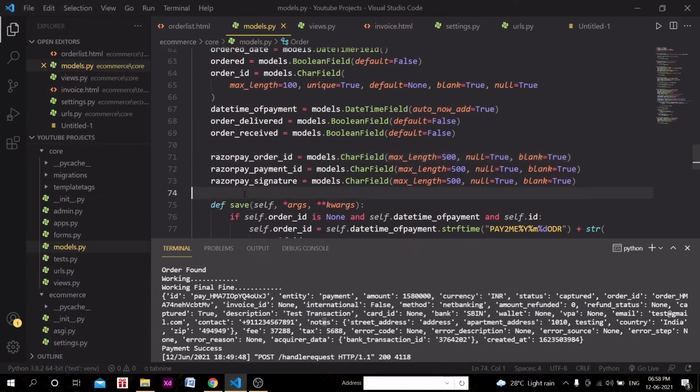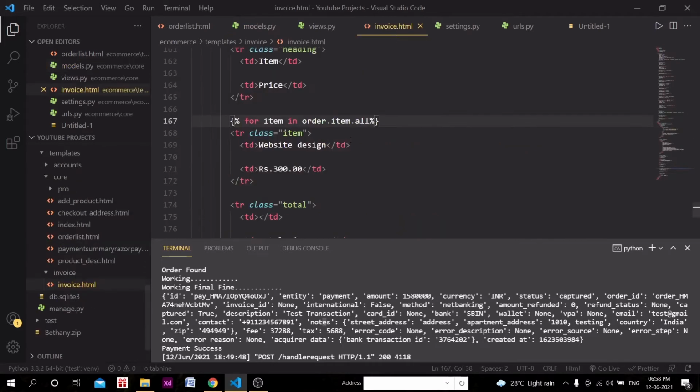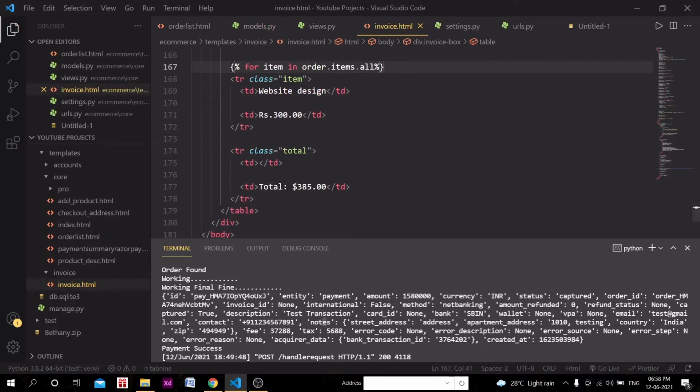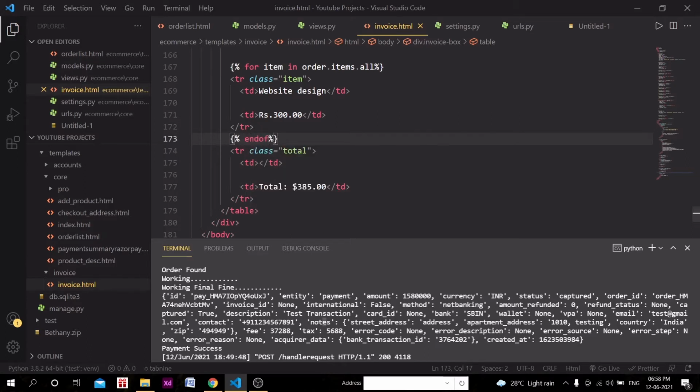Okay, items was there in the invoice.py. So items.all, and we will simply end for, up at the top of the tr with the total class, we will end our for loop.